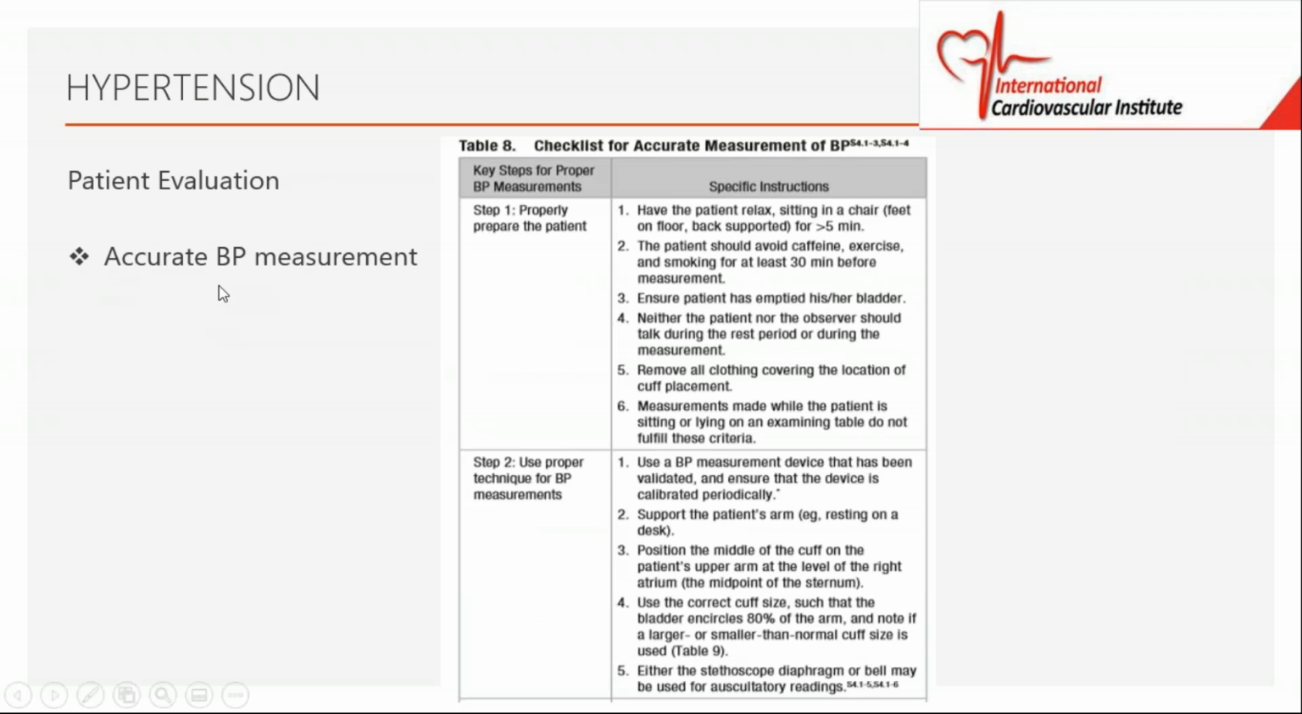We went over how to accurately check the blood pressure, because if we make too many errors in checking the pressure, then we're not going to get good readings. So remember, the patient has to relax, sit in a chair, the feet should be on the ground, the patient's back should be supported, and you want them to relax for more than 5 minutes. No smoking,